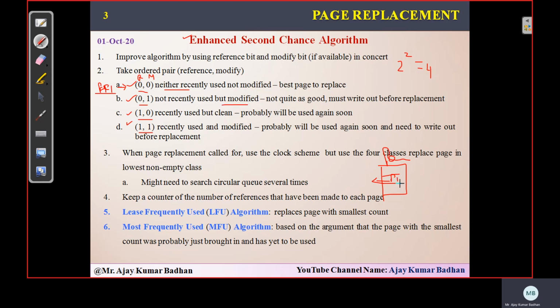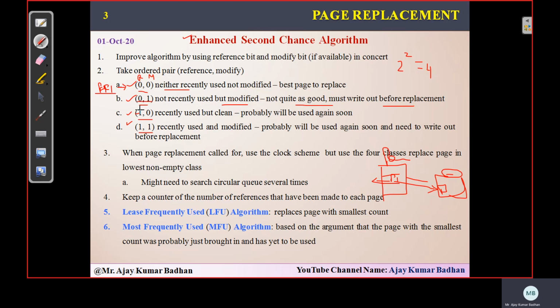So whenever you want to remove this particular P1, definitely we need to update the backing store, wherever that particular process is located, we need to update that. That is what he's saying in this particular scenario. So it is not quite a good option for replacement, because we need to update it, and then only we can replace. But if we don't have any alternative, definitely we need to use this option.